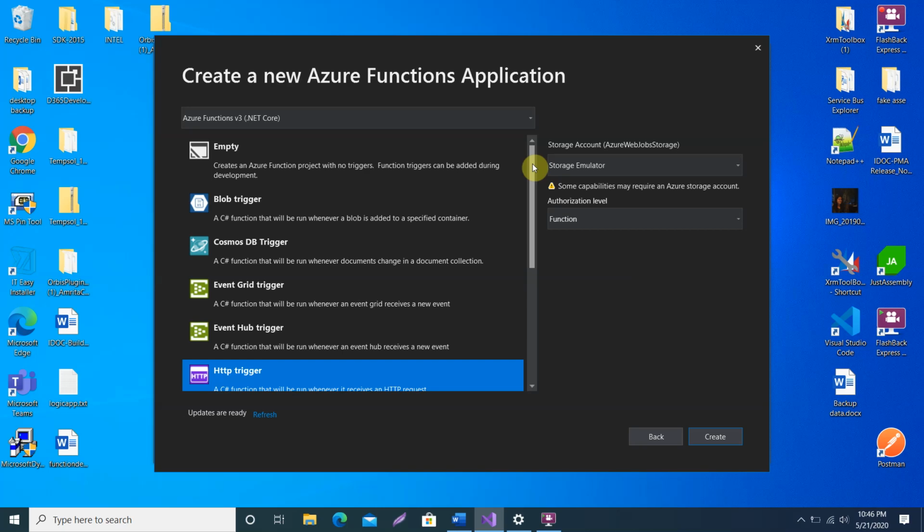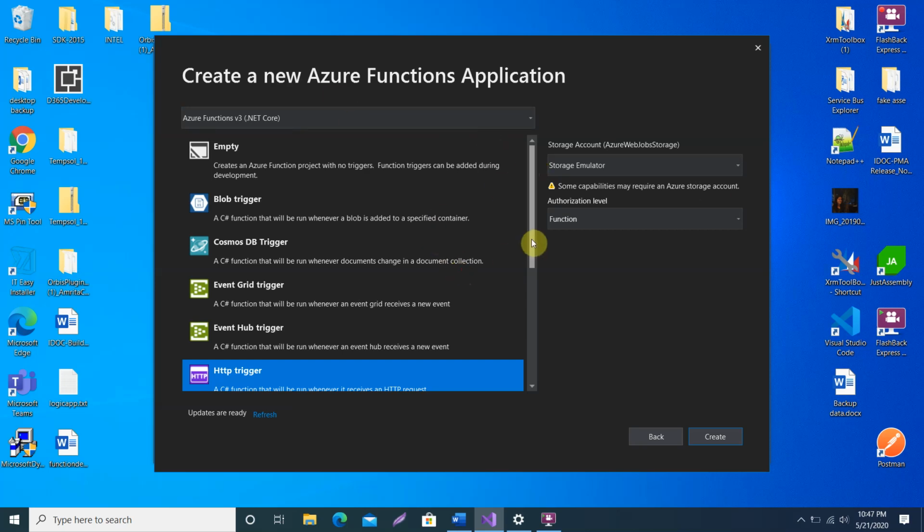Currently in the market we have V1 and V2 Azure Function, as well as V3, which recently came into the market. To create a V1 Azure Function, it depends on the .NET Framework, so you can use .NET Framework 4.7. If you want to move your system to Azure Function V2, then you will have to use .NET Core. It does not support the .NET Framework. Okay, so let's go create an Azure Function.